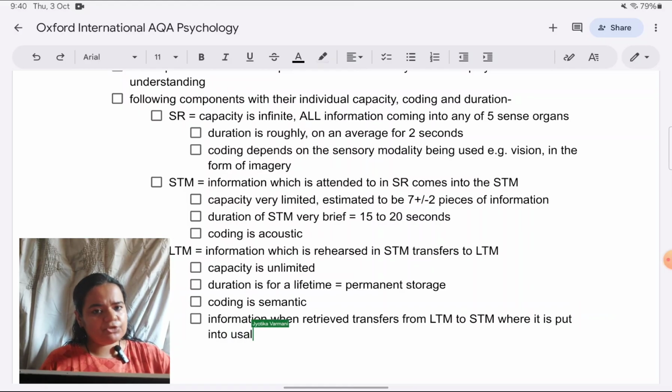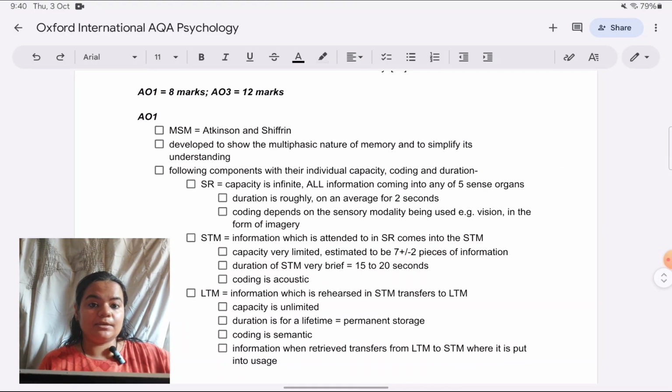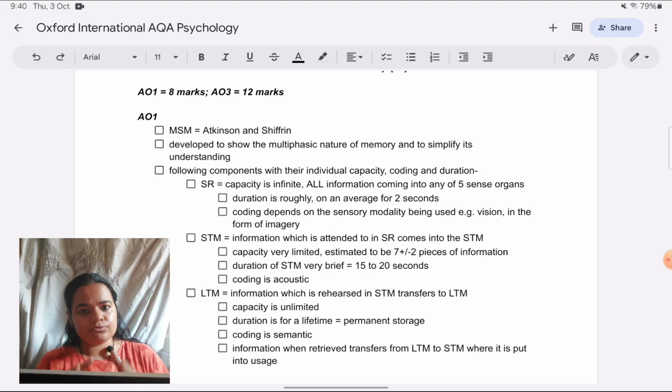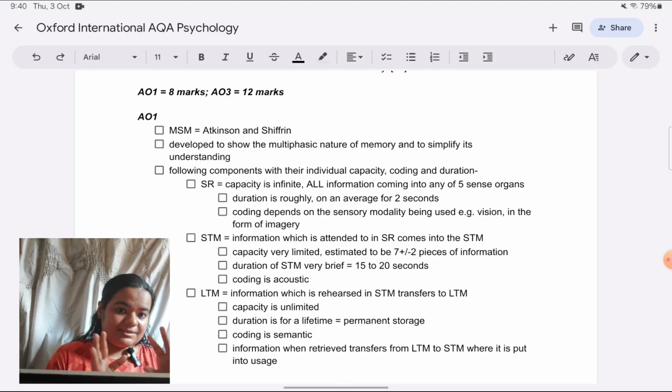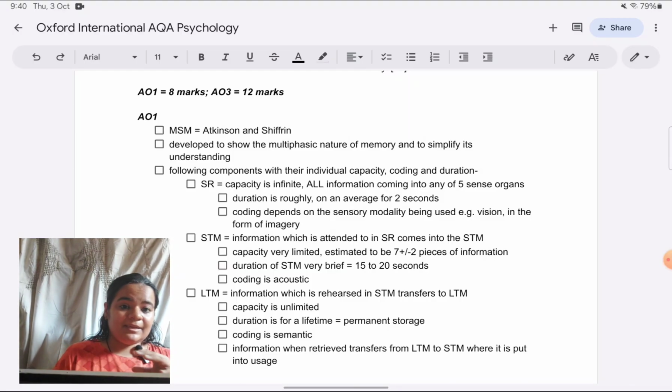I know there is much more that can be written in the sense of elaborative rehearsal, maintenance rehearsal, types of rehearsal basically, and types of retrieval as well, or how information can get deleted at any point from short-term memory, or some researchers even say, though most don't agree, that it can even get deleted from long-term memory. Of course, it can in the case of amnesia. But again, like I said, that gets into too much detail for 8 marks.